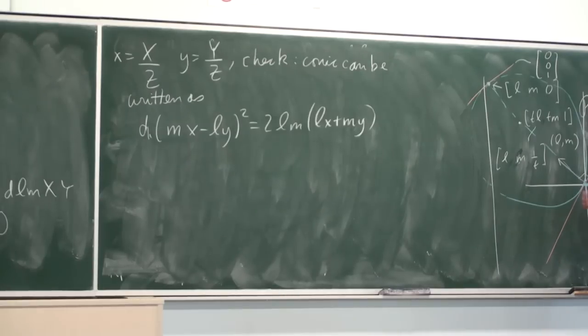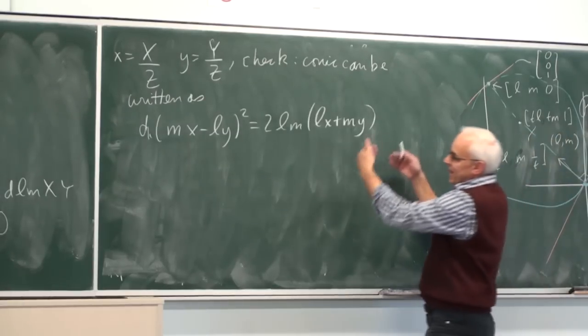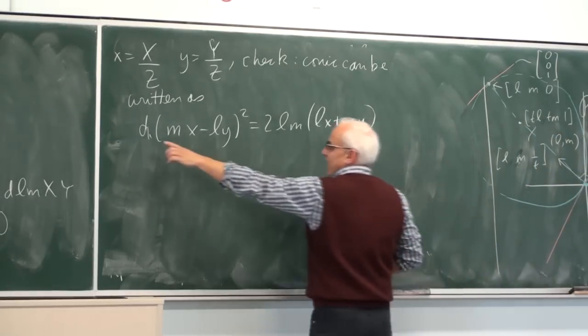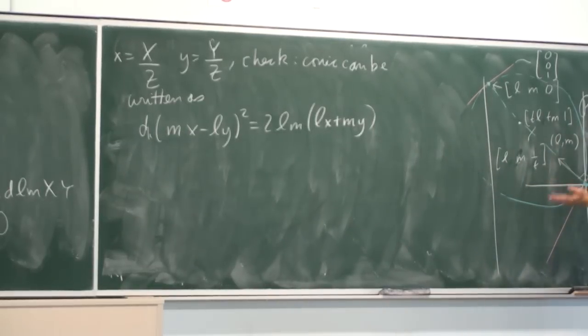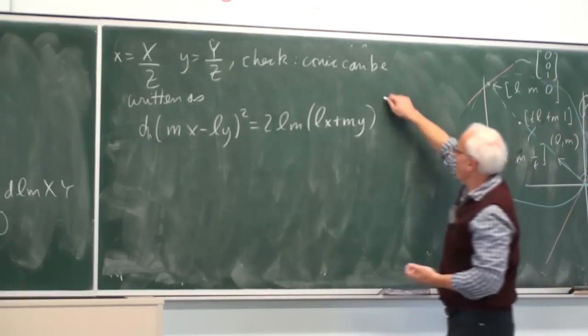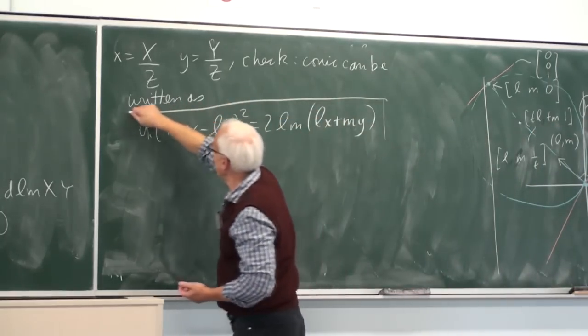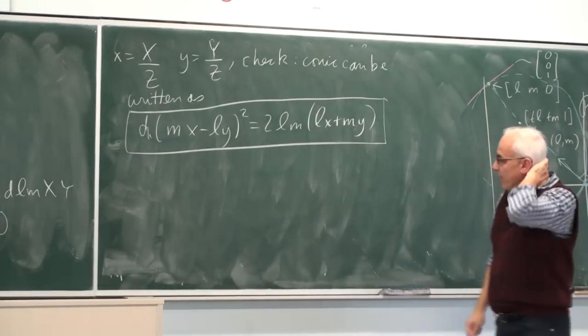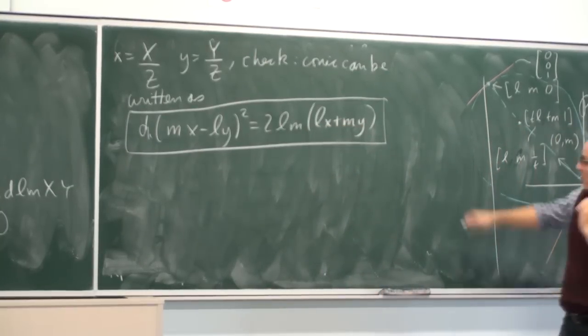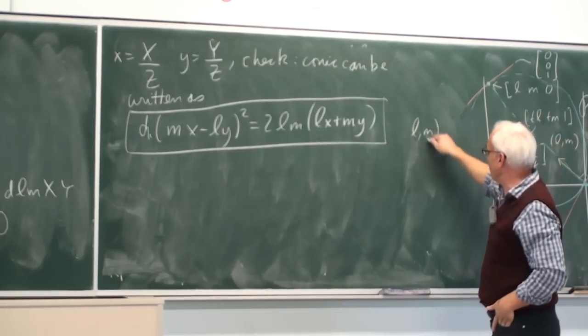And you can see there's a certain amount of freedom. Of course, we can scale m and l, but we can also scale d. And if we scale d, then we can get the various different shapes of parabolas opening up more narrowly or more widely. This is kind of an interesting formula for the parabola. It's not so different from y equals x squared. If you think what happens when Lm equals the vector 0, 1,